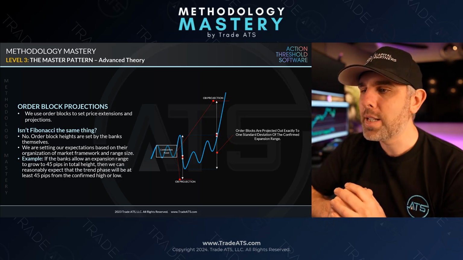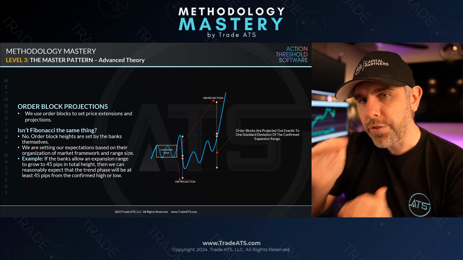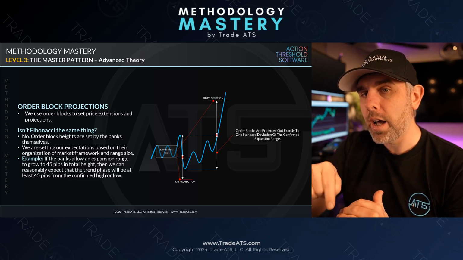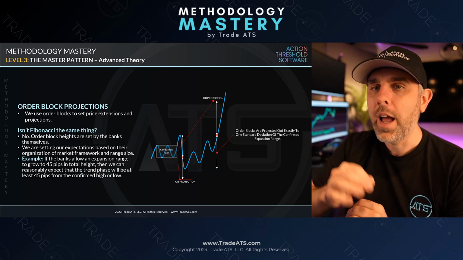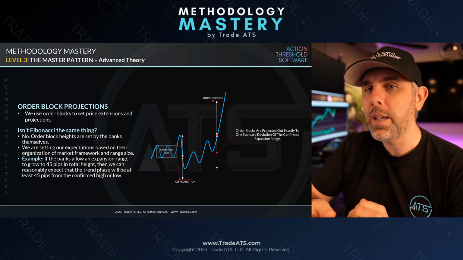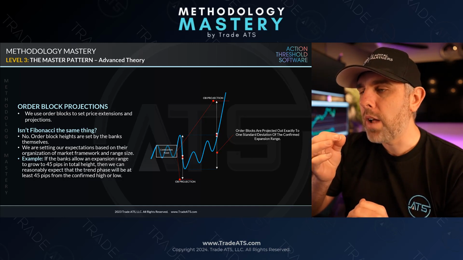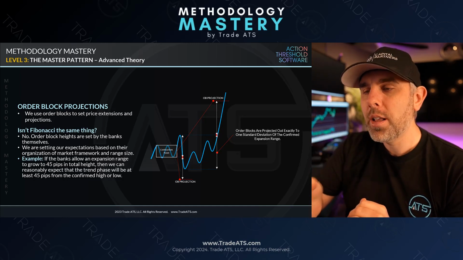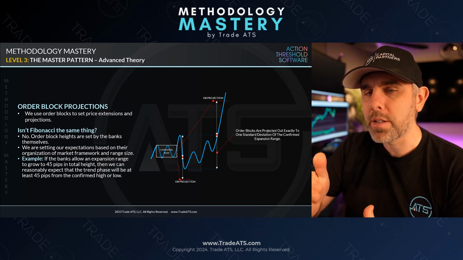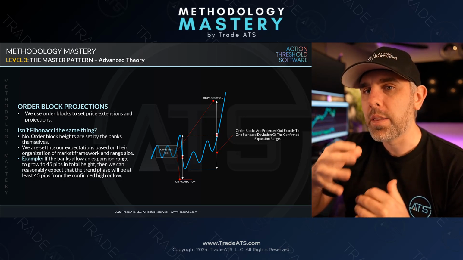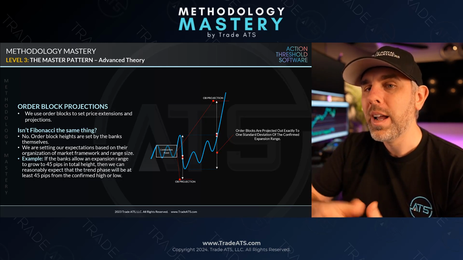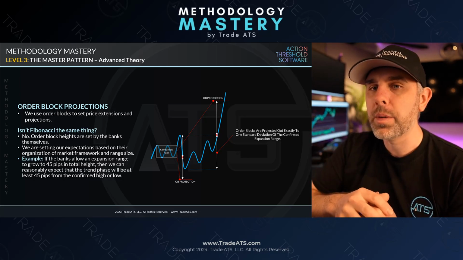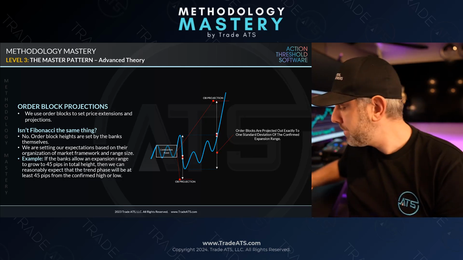So you could take the exact confirmed range when you come through the swing high, the previous swing high or swing low point, and project that 100%. And you can be confident that that's going to be an accurate projection, because again, it is set on the allowances that the market makers and the banks themselves have allowed the market to expand so far. It's based on that exact measurement. So that's why they're very accurate.